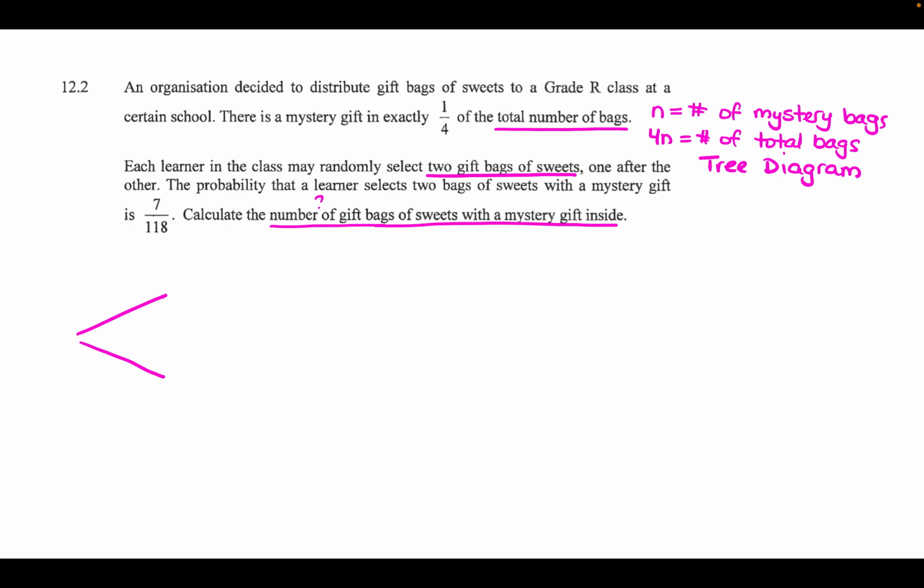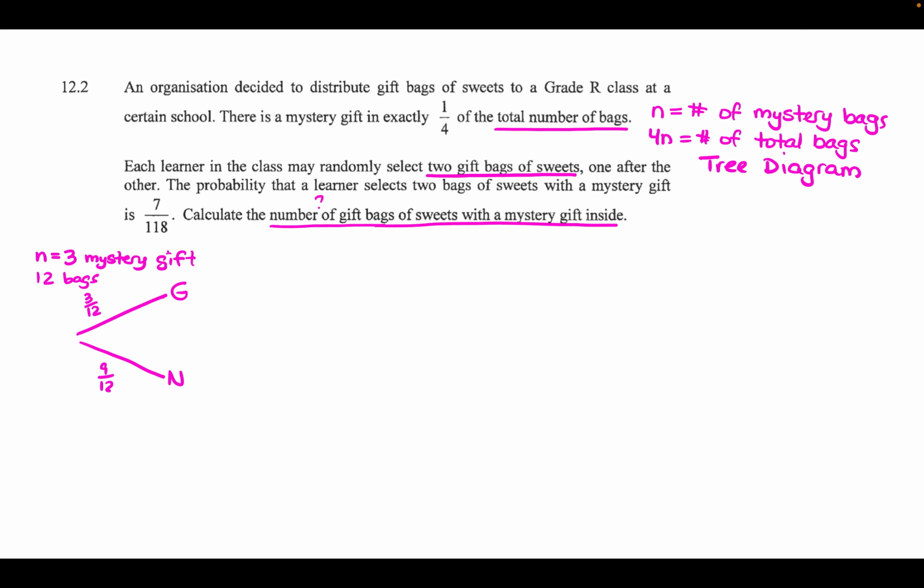If we knew that we had, let's say, 3 bags which were the mystery gift, then that would mean we would have 12 bags total. And the probability of getting a gift in our first pick would be 3 out of 12,